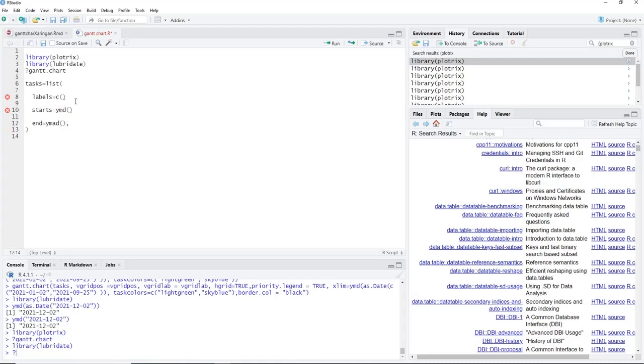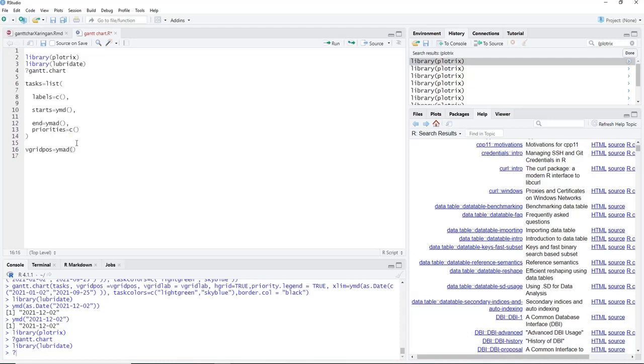And after each of these vectors we shall have comma, and the last one is the priorities. It's a numeric vector, and next is the vgrid position, vgrid pos is equal to, it's again a date object.